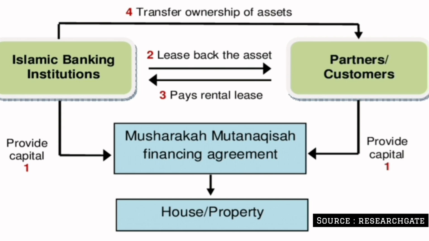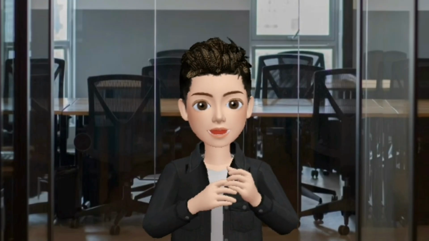The buyer then agrees to buy the bank's share of the house over time, making regular payments that consist of both the principal and a portion of the rental payment for the use of the bank's portion of the house. These payments are based on a pre-agreed schedule and are structured in such a way that the bank gradually sells its share of the house to the buyer until the buyer becomes the sole owner of